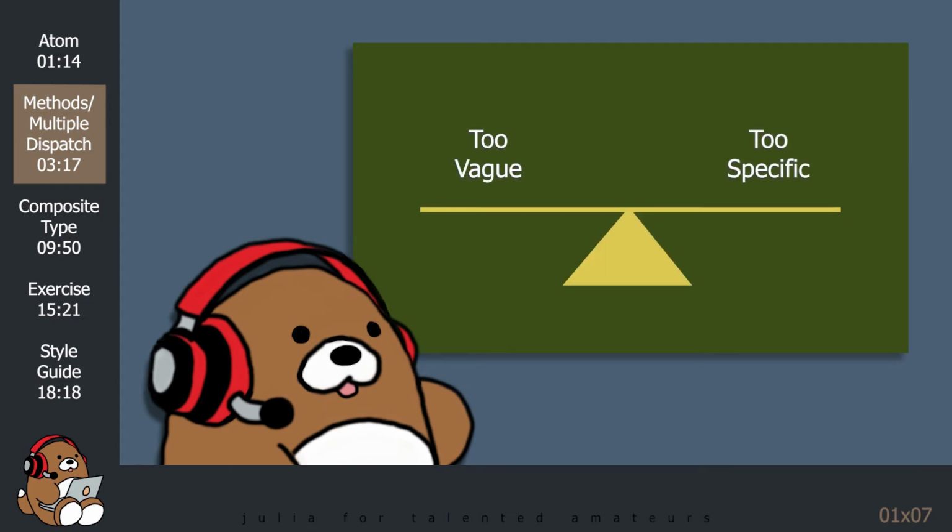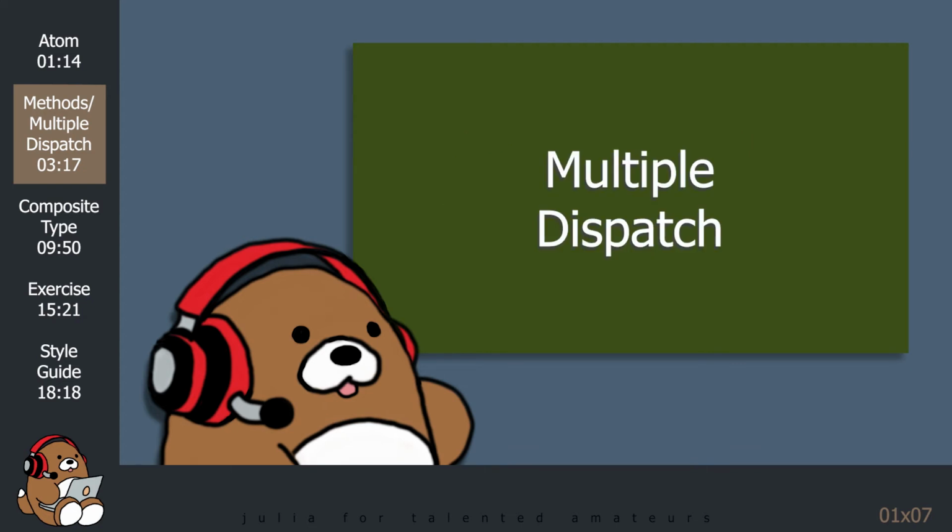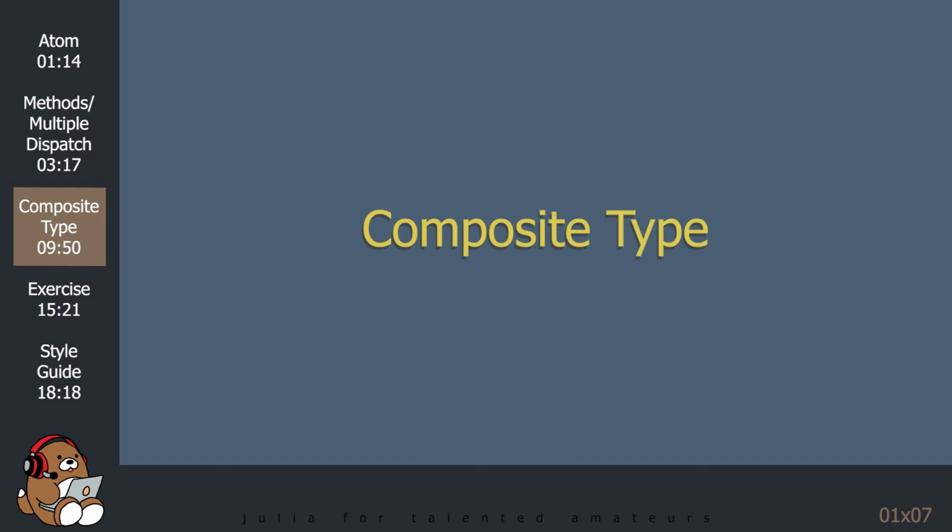When considering whether or not to set up different methods, you need to strike a balance somewhere between being too vague and being too specific. This insight will come with experience. For now, just know and appreciate that Julia's built-in type inference engine and multiple dispatch capabilities make programming in Julia easier, whether you're a beginner or an experienced programmer.